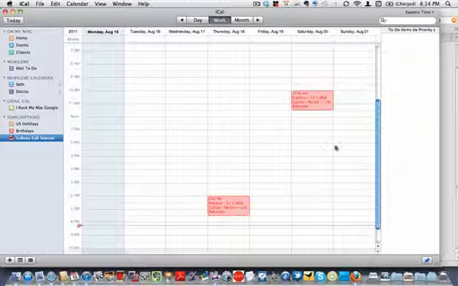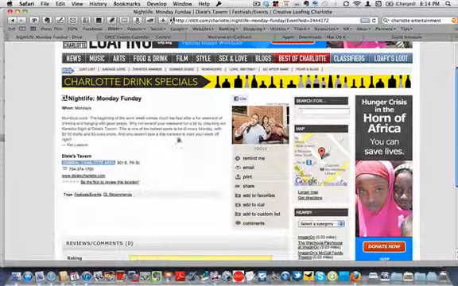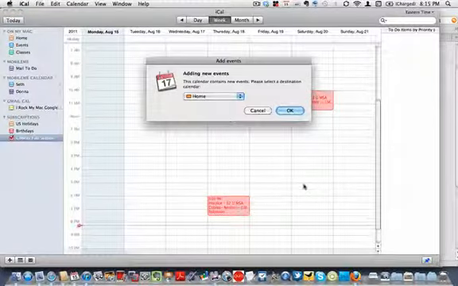I'm going to very quickly explain these, but again, there's lots of training at iRock My Mac on how these work. So this is just a club here in Charlotte where I live. This is Monday Fun Day. It happens every Monday at this club, so I could come down here. A lot of times when you're looking at events online, you'll see either add to iCal or add to calendar. And if I hit add to iCal, it goes ahead and downloads it, and